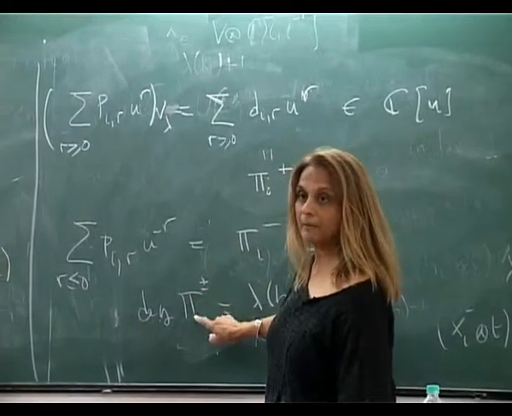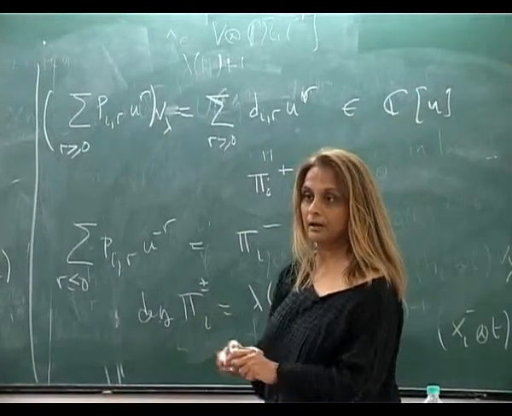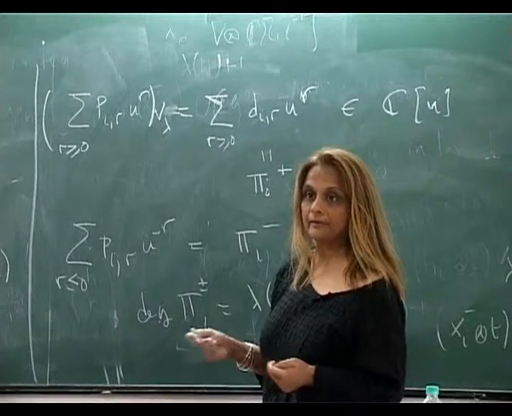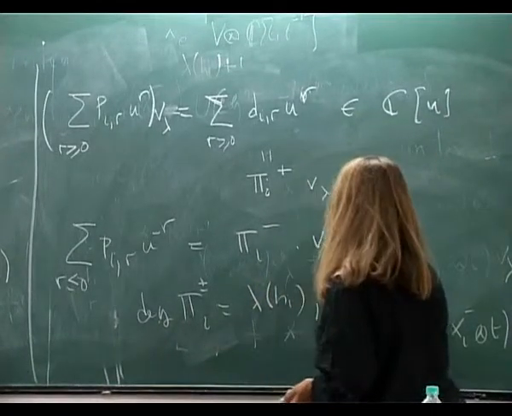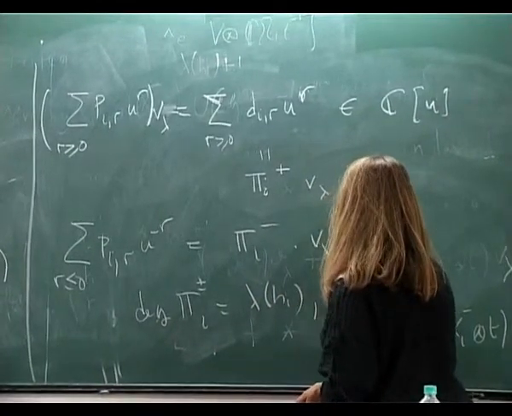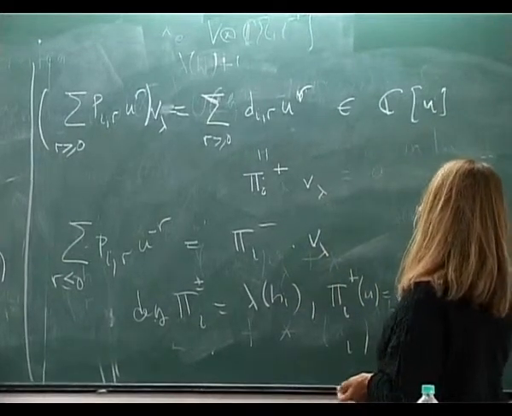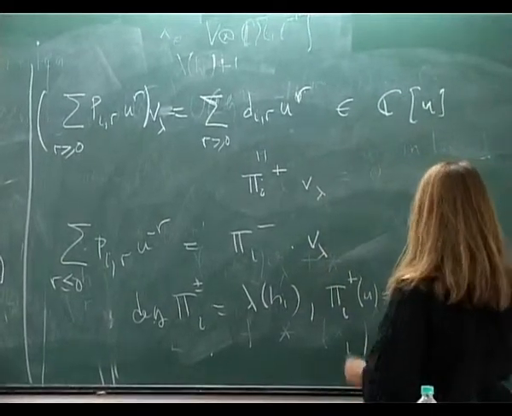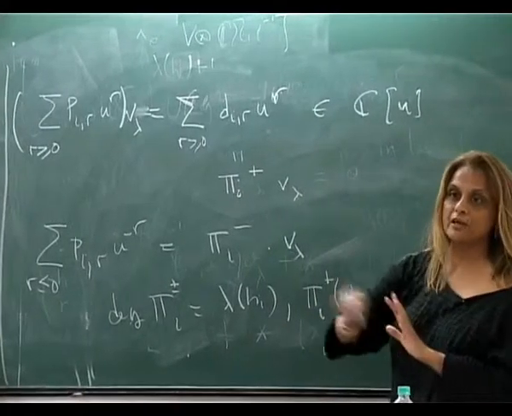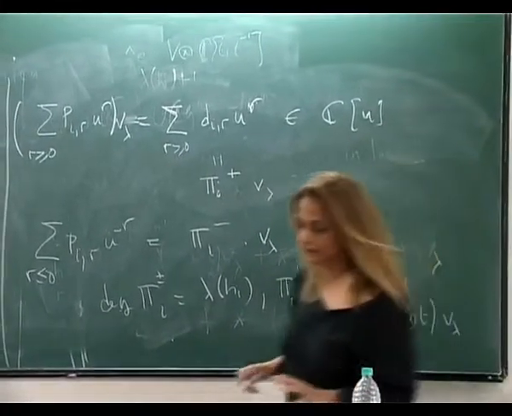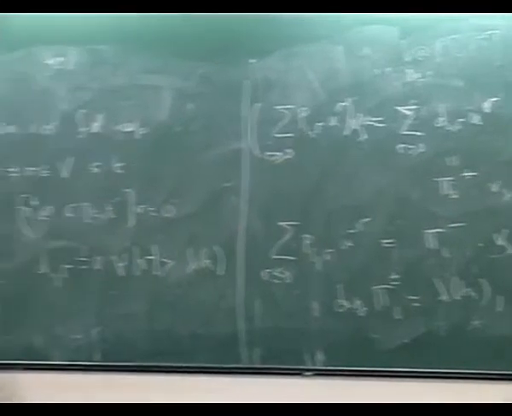This pi I plus and pi I minus are not independent. Okay? In fact, I think the relation is just that pi I plus of u is equal to pi I minus of u inverse or something like that. So anyway, there is a tight relation. There is no freedom at all. Okay? So the final result then is,